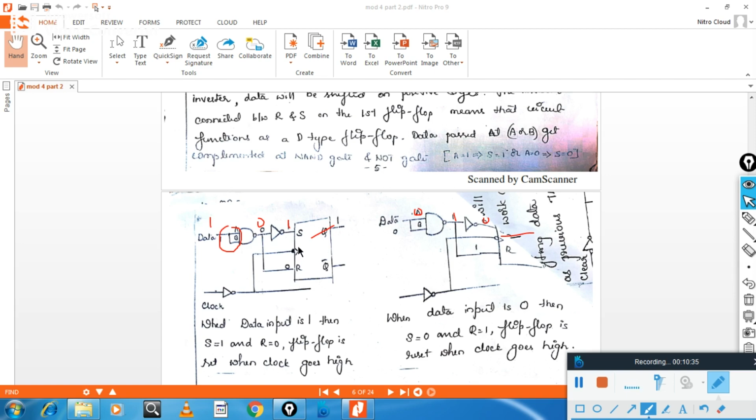And you can see it is negative edge triggered. And the clock is passed through one more inverter. That becomes positive edge. That means the flip-flop works during the positive edge. Now you may ask, here we have used negative edge, here it is a positive edge, and the clock is passed once again through an inverter. Why is it so? This is the design of the IC. This particular IC is designed like this. Maybe it has certain advantages in certain applications. That is the answer. Otherwise, in the exam, if they generally ask, then you can directly use positive edge triggered or negative edge triggered.